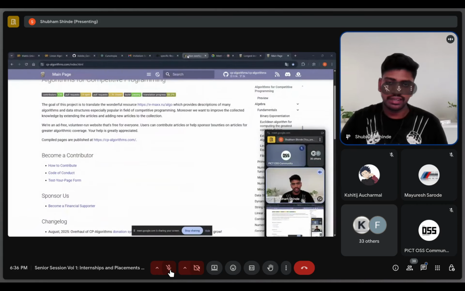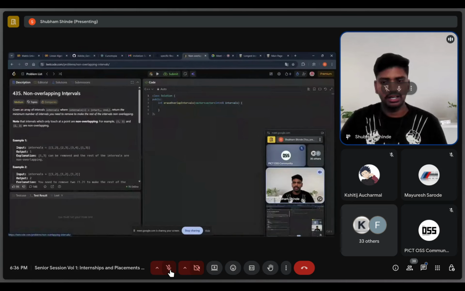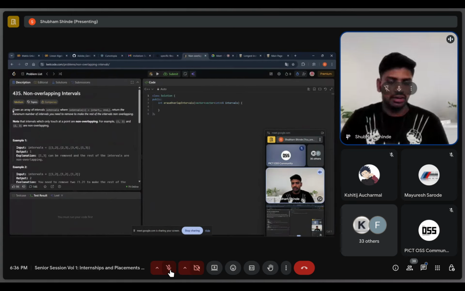But the thing is, when you prepare, don't rely only on a sheet or playlist. When you are solving problems under one heading like binary search, DP, or sliding window, you know in your mind that the problem is solvable by this technique. So you get stuck when you are in the interview and see the same problem, because you don't know which algorithm is required or which topic the problem belongs to.